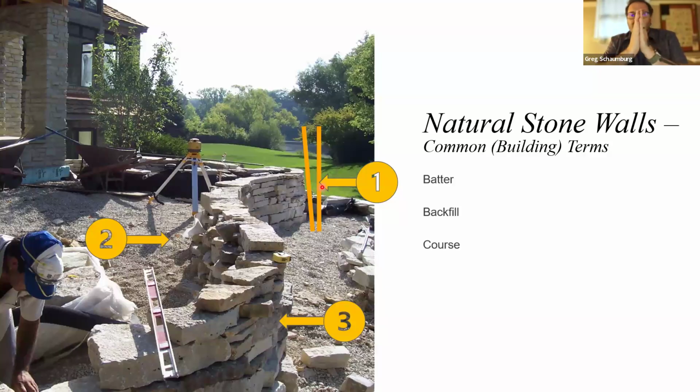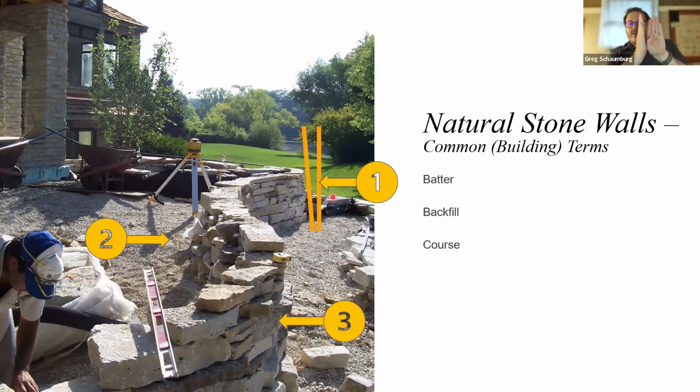And the batter is basically just the angle between vertical and back to where the face of the wall is. If you see number one, imagine if you had a level that was placed vertical here. And oftentimes masons that are working with dry stack walls will take a level and build a board that's a lot like a wood jig, and they'll have a board here where their level is mounted